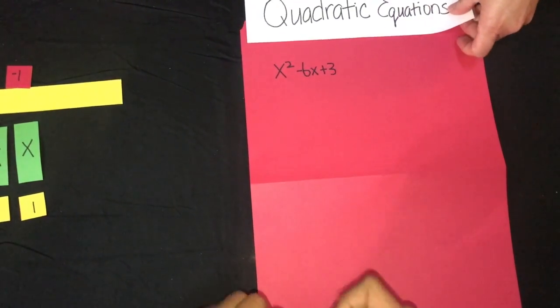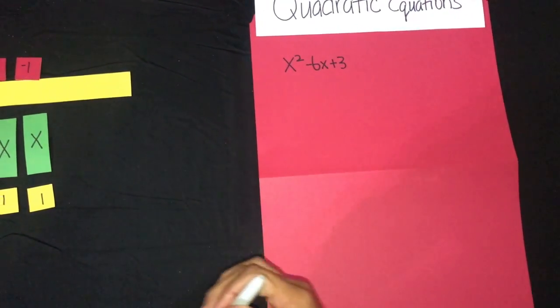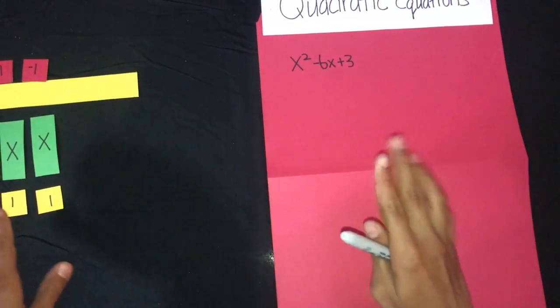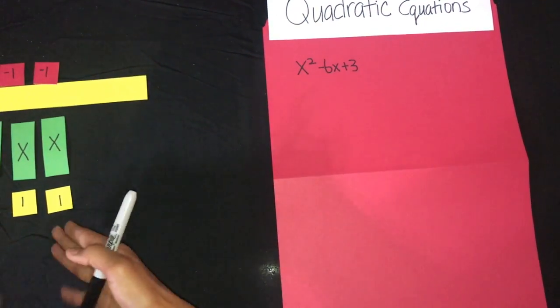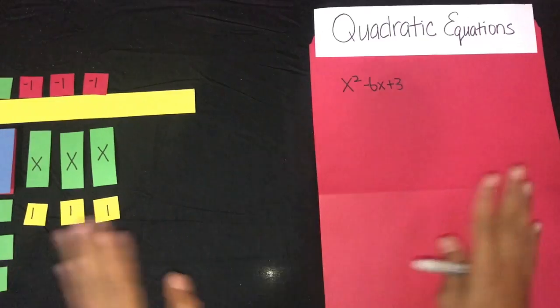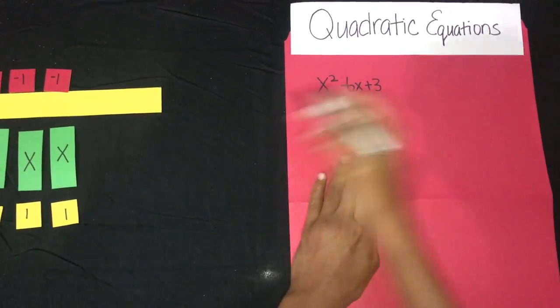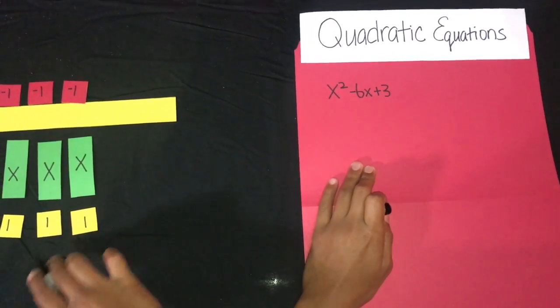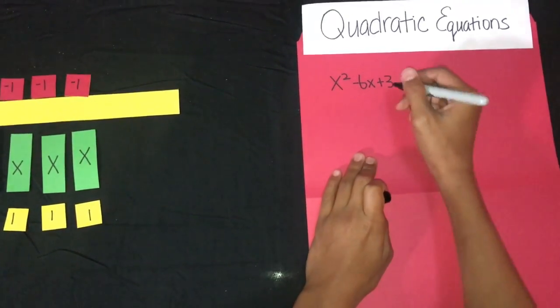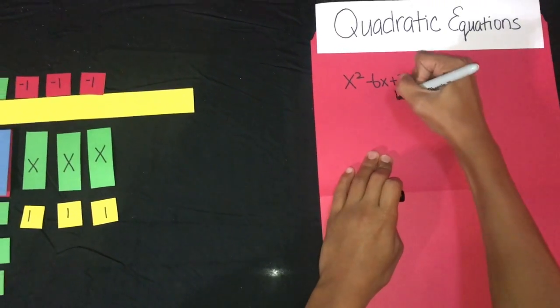Okay, so we have our equation written down. Now, what we're trying to do is add more 1s. We're going to place however many more we need. So we're going to need 1, 2, 3, 4, 5, 6. One more recount, guys, sorry about that. All right, so 6. So plus 6,